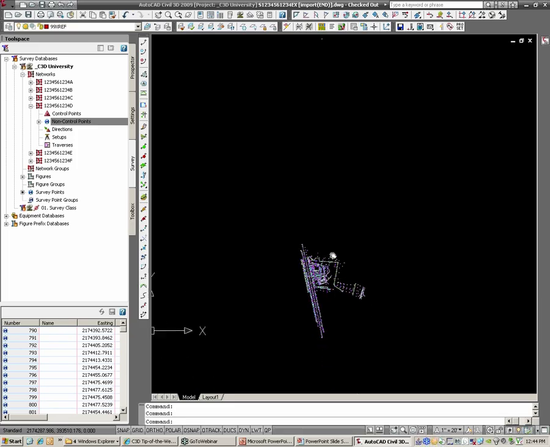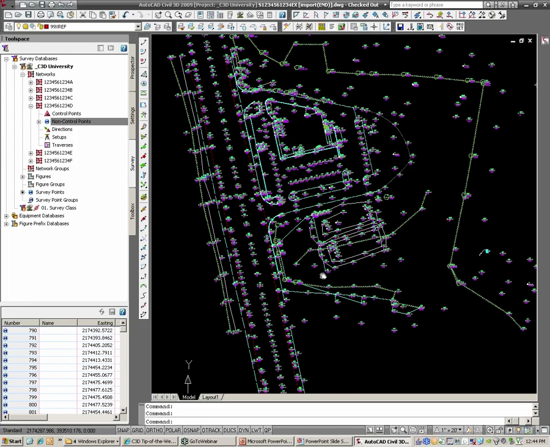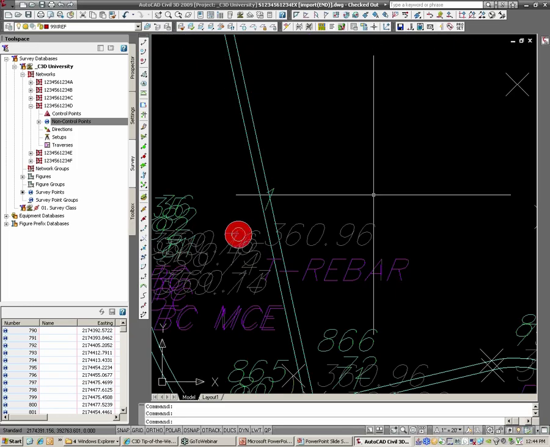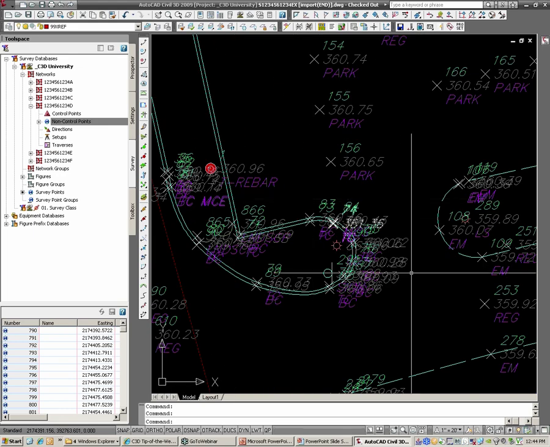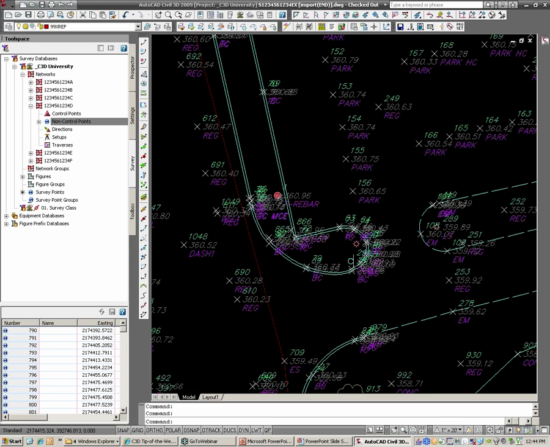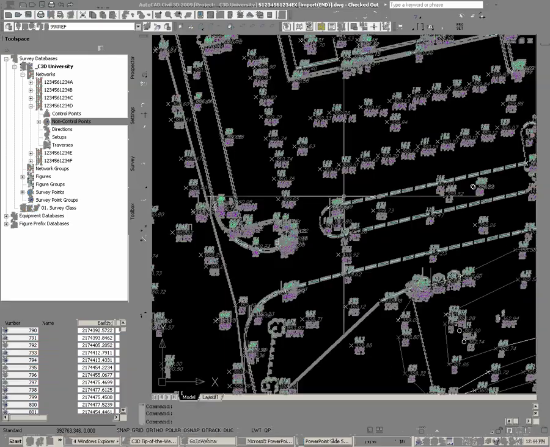It's going to zoom extents on me. I can zoom back down, and you can see that it raised me up the 3 feet, and it raised the entire project, all the points here. Now, if I had a surface created at this point already, it would raise that surface if it was solely